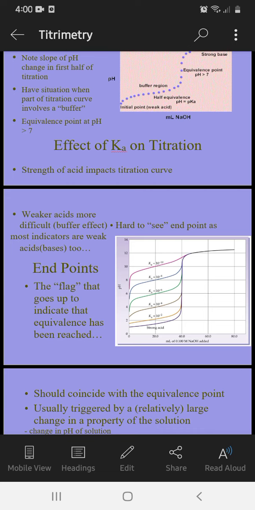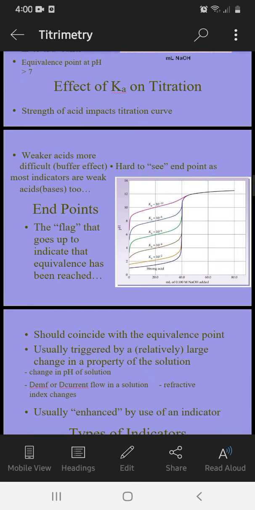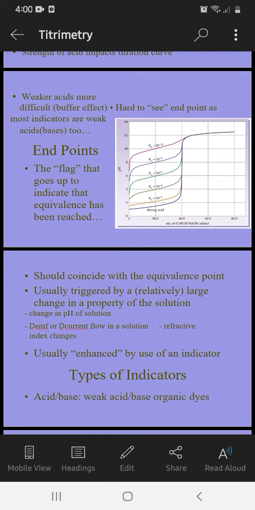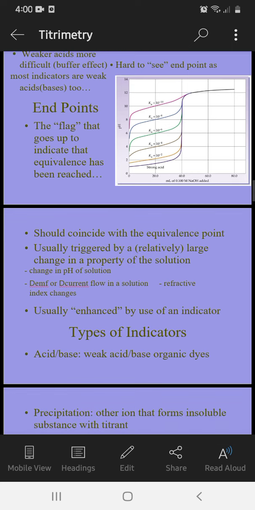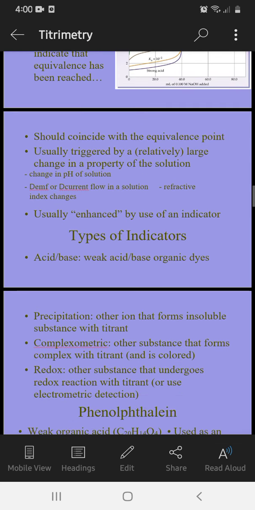Effect of Ka on titration. The strength of the acid impacts the titration curve. With weaker acids, the buffer effect is more pronounced. It is hard to see the endpoint as most indicators are weak acid species too. The endpoint, the flag that goes up to indicate that equivalence has been reached,